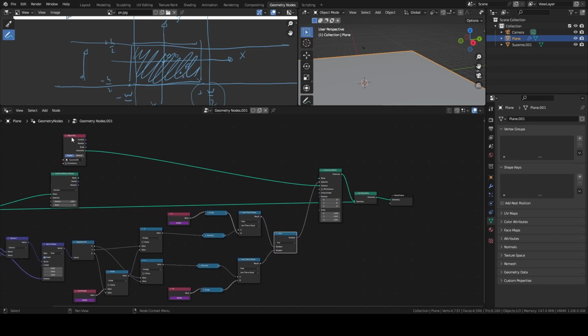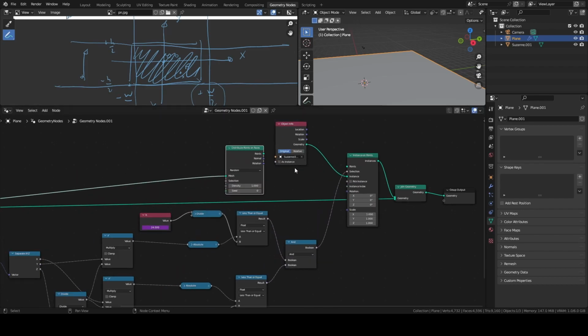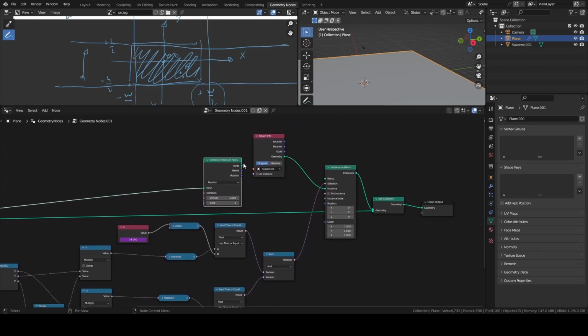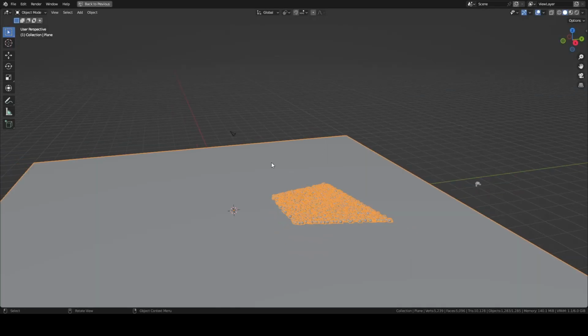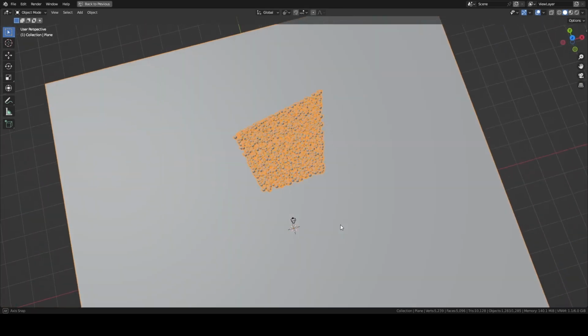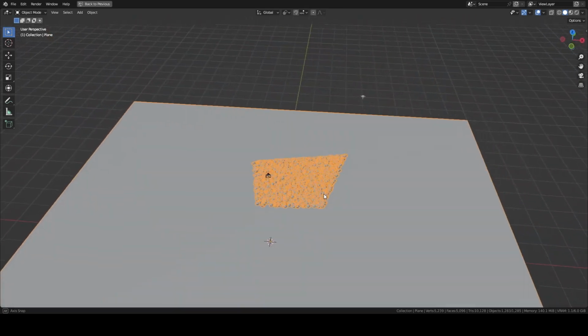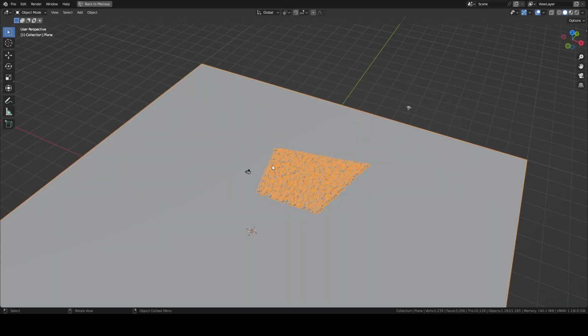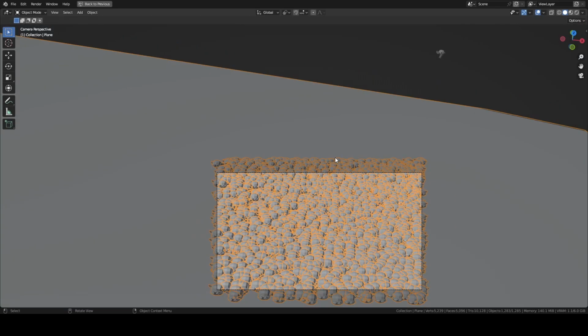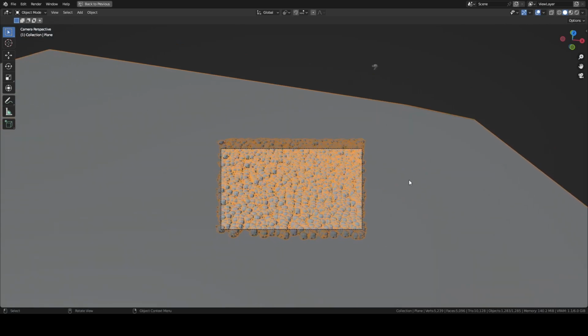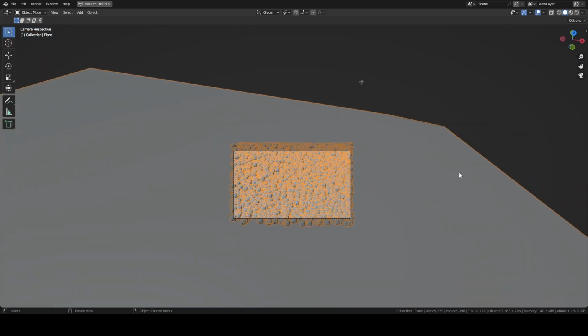Now we are not viewing anything because I disconnected this node before. So let's connect it back. Points goes to points, and here it is. As you can see, the objects are created only inside the cone of view of our camera. If I look from the camera, oh, everything is tilted here. Why? Well, it's okay.